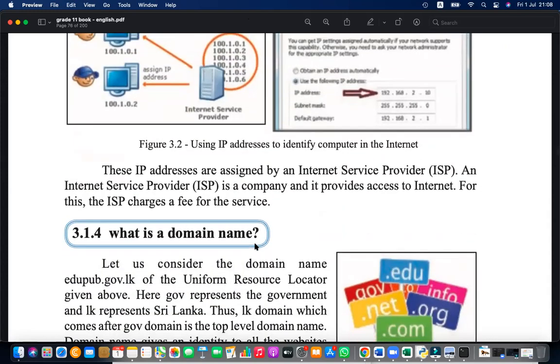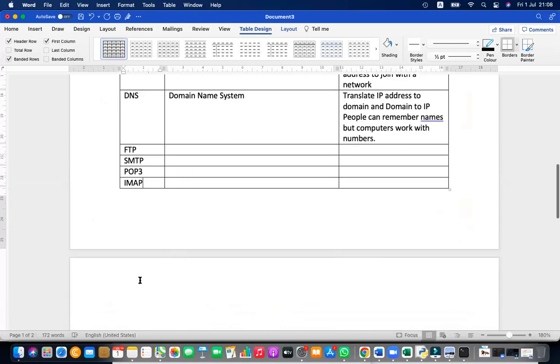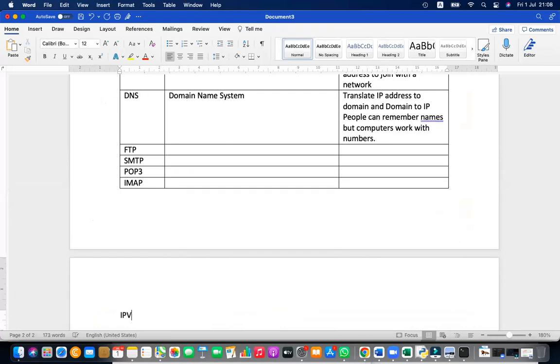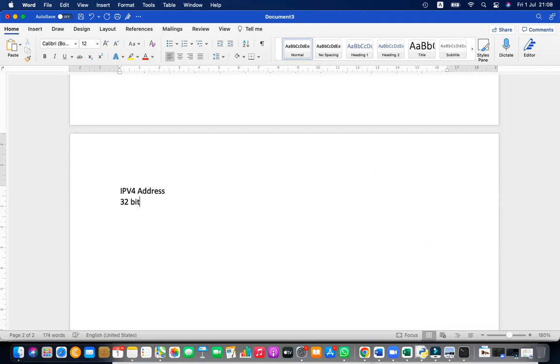So then the IP address. We learned about IP addresses. So what is an IP address? The summary of this is, again, I need to add IP address, especially IP version 4 address. An IP version 4 address is 32 bits, in 4 portions, a binary number. That means you have 32 bits. A bit is a binary digit. 32 such bits.